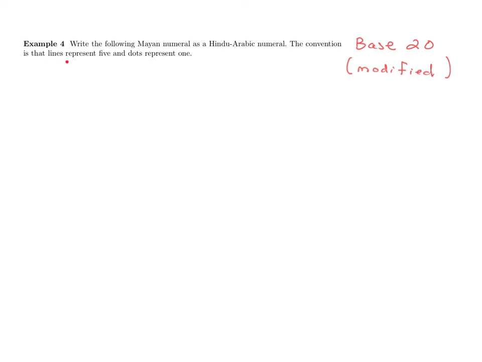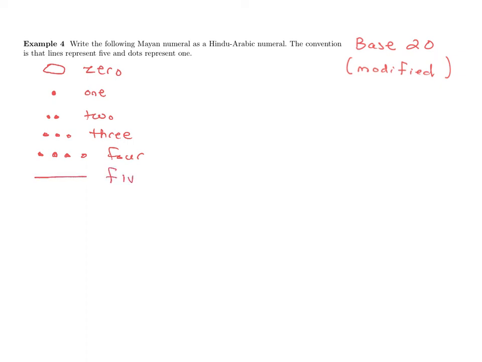If you see a line, that's going to represent 5, and if you see dots, you can think of those as counting by 1. So to start with, they used a crescent symbol, something like this, to represent 0. But the second you have something greater than 0, like 1, they would just put 1 dot. And if you saw 2 dots, well, that's 2. And then no surprise that this is 3, and that this is equal to 4. But the second that they got past 4 and arrived at 5, they'd use a line like this